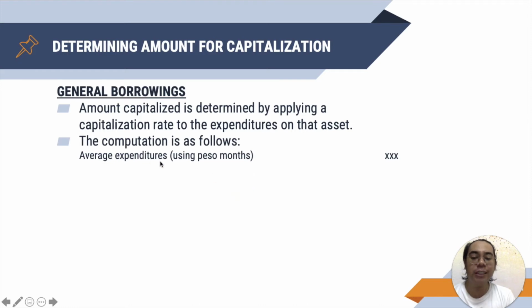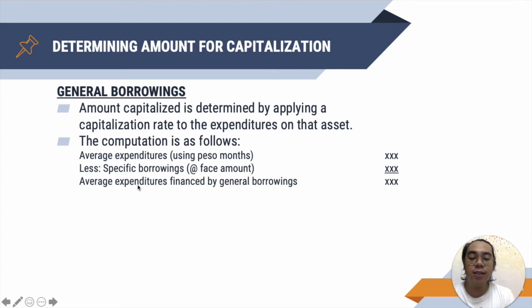The average expenditures is using the peso months, less the specific borrowings, because whatever your average expenditure is, a part of it is incurred using your specific borrowing. That equals the average expenditures financed by general borrowings, and then you multiply that amount by the capitalization rate, that is what you capitalize